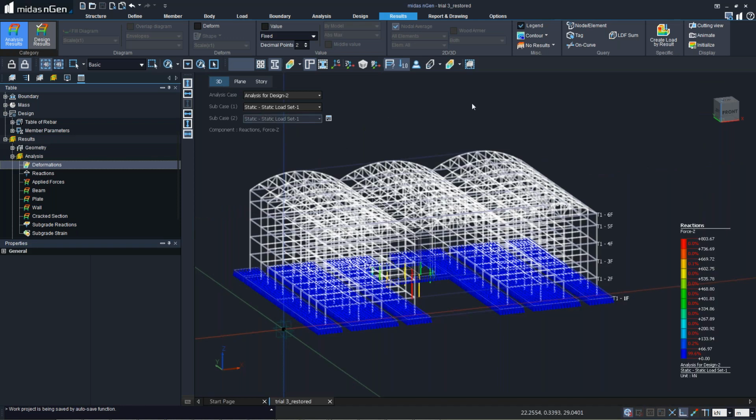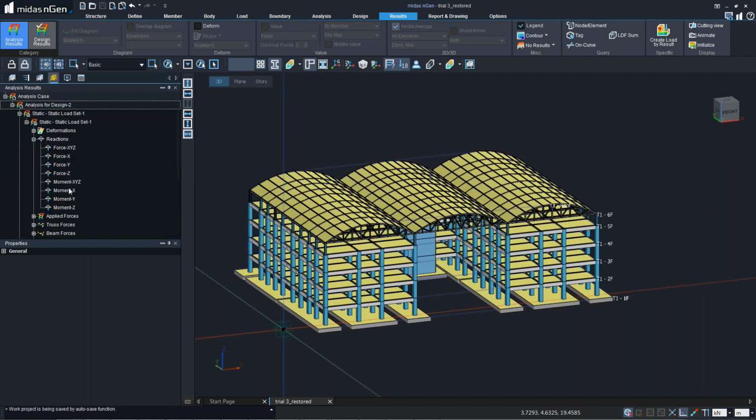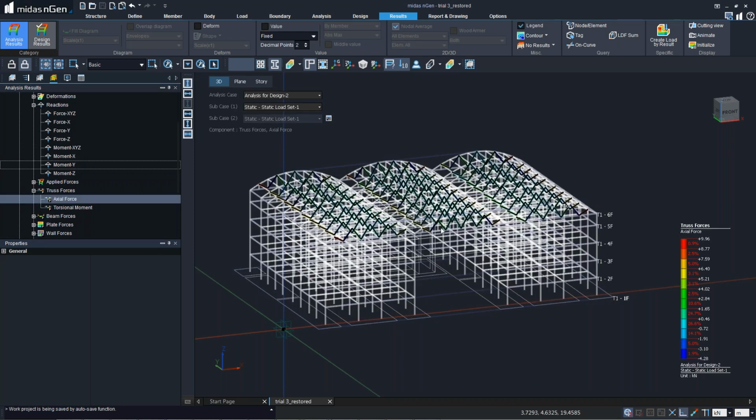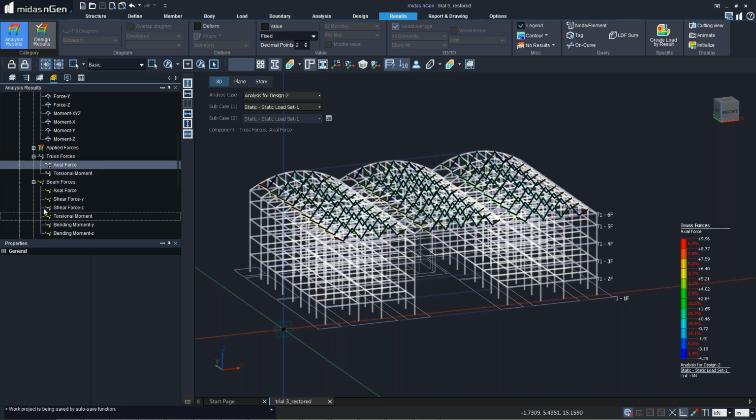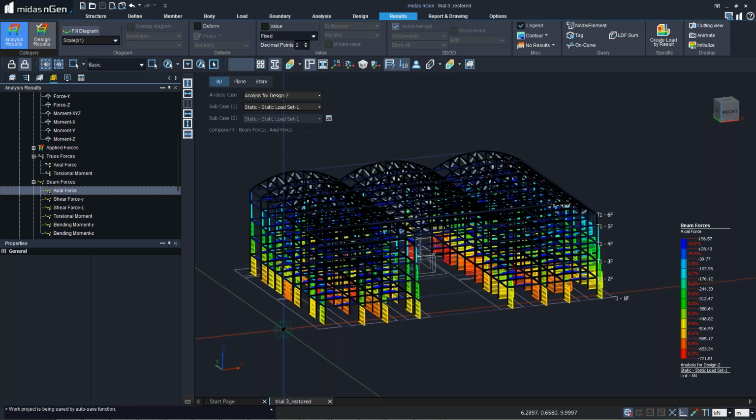Okay, so I'll initialize the structure, and you can also see the results of applied forces and even the truss forces. So axial forces in truss, so we have used braces for that. We can see that result. Then bending moment diagrams we can see for our structure beams, and we can see the axial forces for our